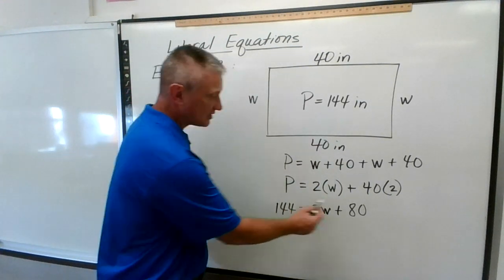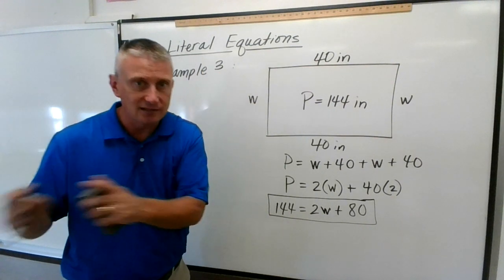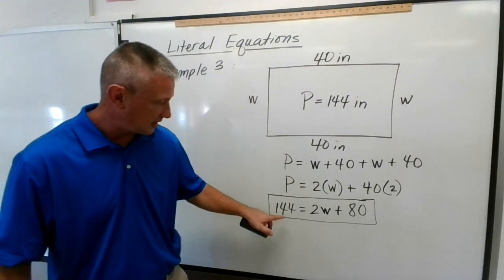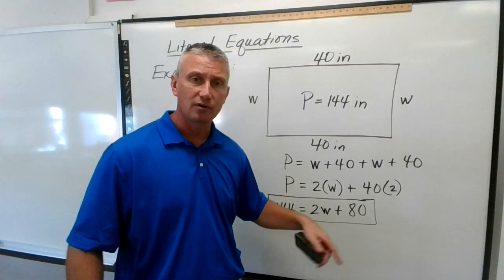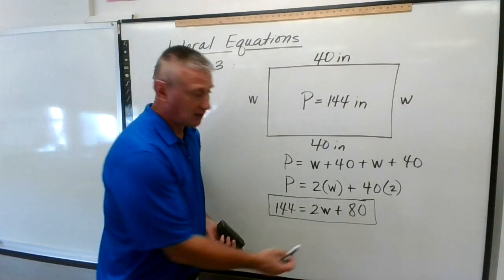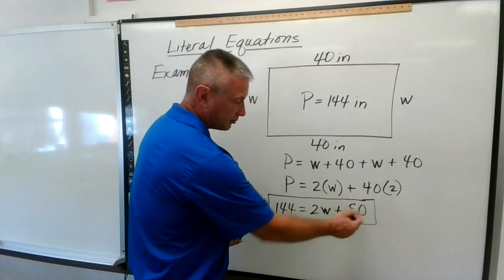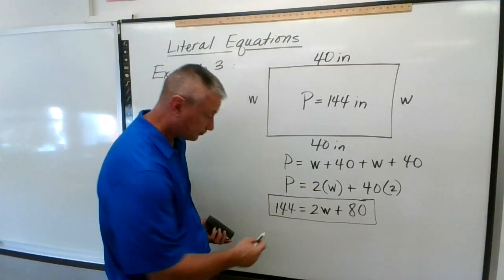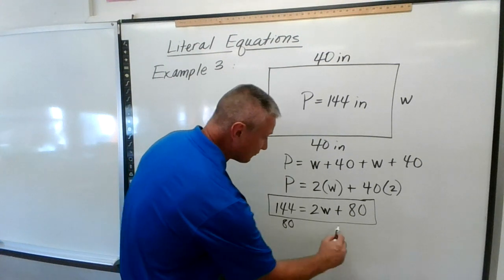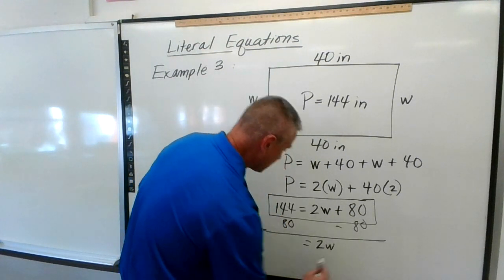Well, remember what we said. Is each side simplified? Is the expression simplified? Yes, this is simplified. There's a variable and a constant. It is simplified. So that's how this goes together. Well, I have to get rid of this one because this constant has to go with this constant. So I would subtract 80 from both sides. If I subtract 80 from both sides, I get 2W equals